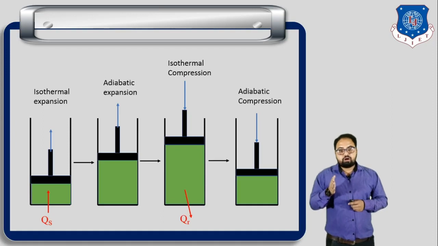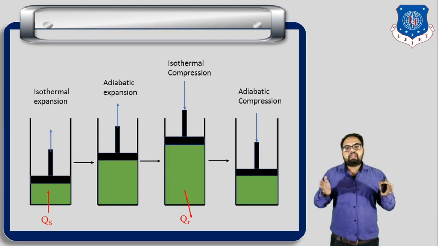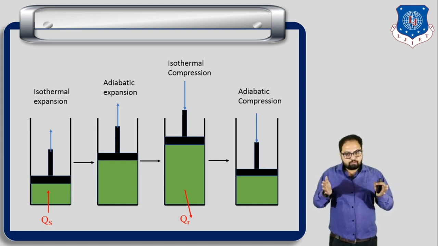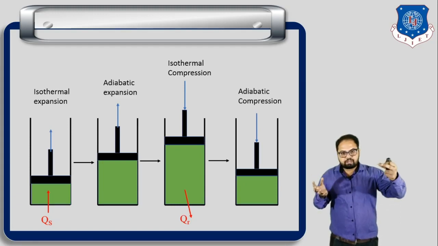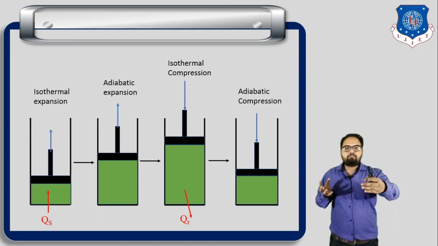During process 3 to 4, again the adiabatic cover is removed from the bottom of the cylinder and we take the cold body, which is at temperature T2, at the bottom of the cylinder. When this cold body is brought at the bottom of the cylinder, at that time there is a reverse flow of heat, because the body is cold and the perfect gas is at temperature T1, which is the hot body. Okay, so there is a reverse flow of heat. Heat will transfer from the perfect gas to the cold body.